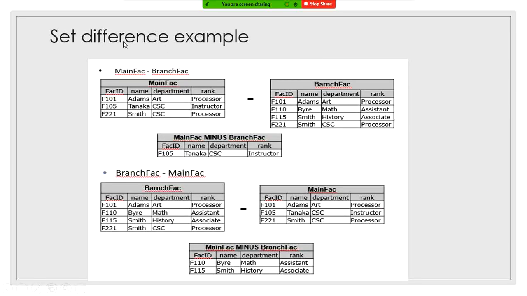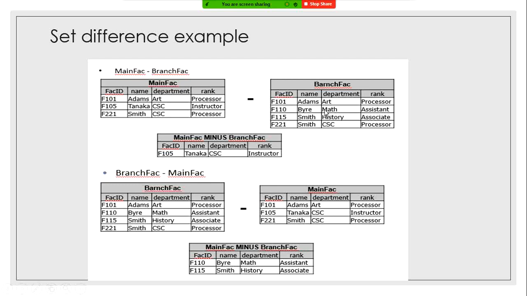Here we have an example of set difference. We have tables main factory and branch factory. When we apply the difference operation between these two tables, this is the resulting table. So first we will see if the first row is present in the second table. Yes, it is present in the second table, we will ignore it. Next we have this Tanaka record.